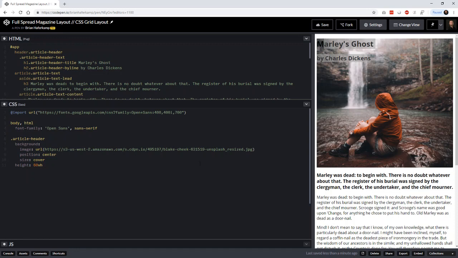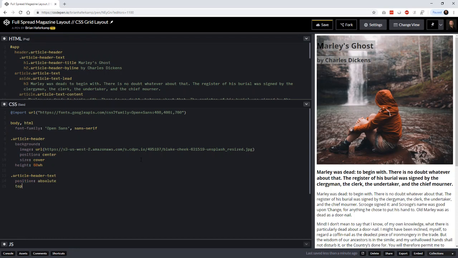And what I want to do is control this by making it position absolute, and we're going to get a little bit more fine-grained control of that header element. So we'll say article header text, and we're going to call it position absolute. And then we're going to say top 0, left 0, and then